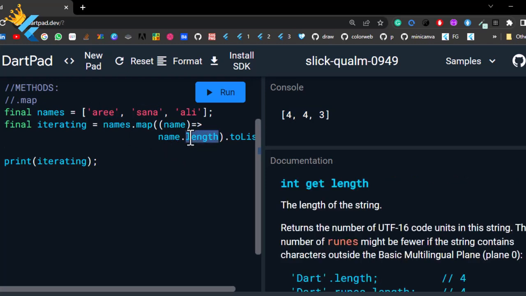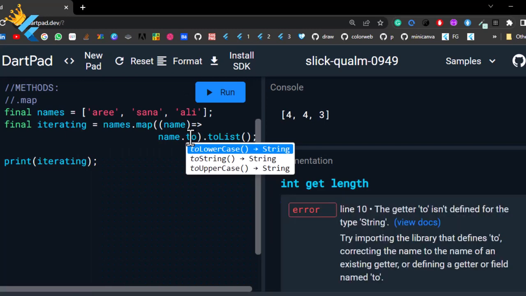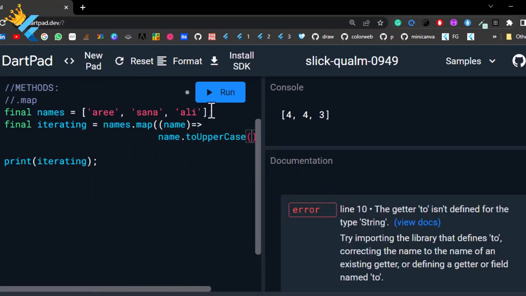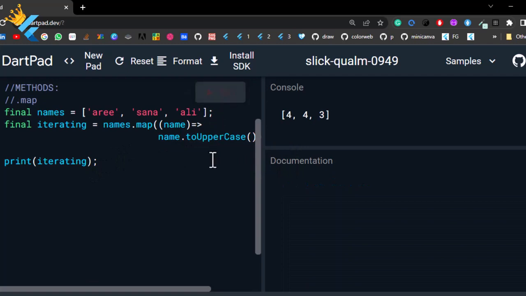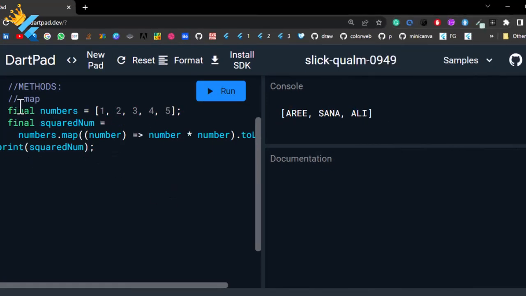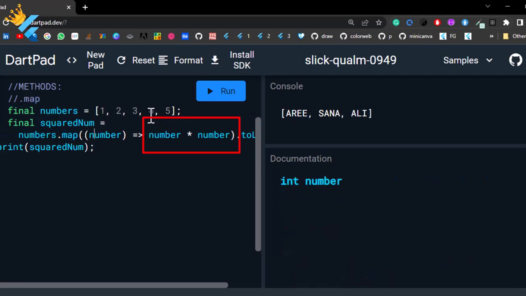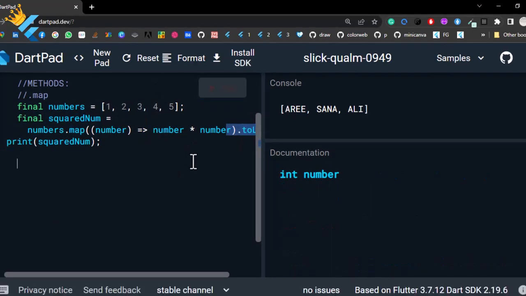Like this. You can also use dot toUpperCase. It will take each value and return uppercase letters like this. Let me give you another example. I have a list of numbers and I'm going to square them. What I'm going to do is pass dot map with an arrow function, and I'm going to multiply the number with itself. Okay? And if I print this,